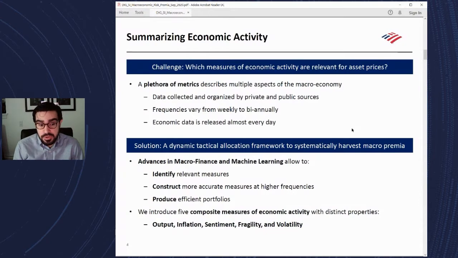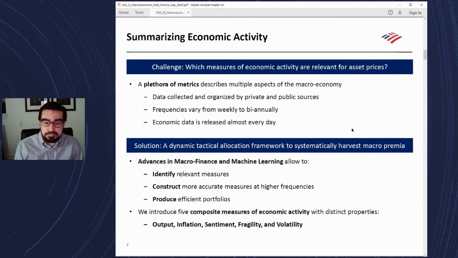It also helps us construct more accurate measures at higher frequencies than the frequencies at which the data itself is reported. And then having that information, we actually construct portfolios that have specific properties with respect to the macroeconomic theme